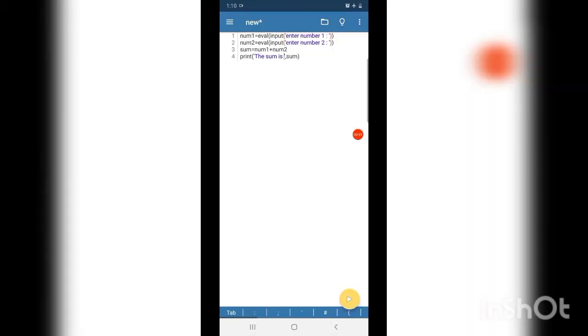So let us see: enter number 1, 2, enter number 2, 3, and you can see that instead of only 5 as in the previous program, the output is made more beautiful by placing the string 'the sum is', printed as it is, and then the variable which is not enclosed in single or double quotes, whose value is to be printed. So the interpreter will take its value.